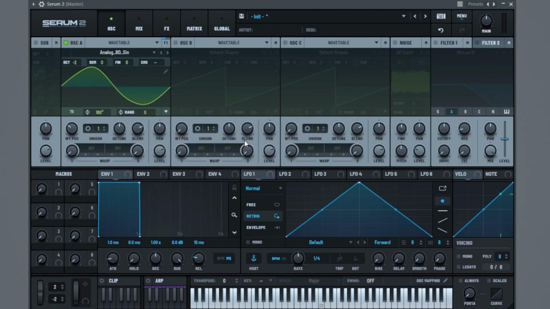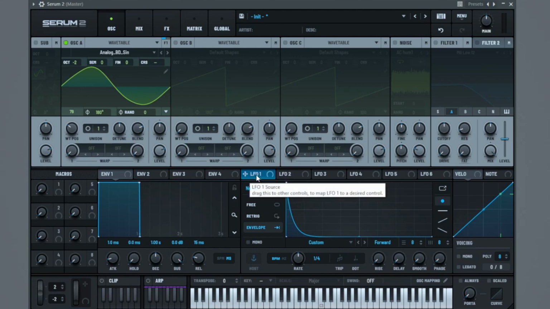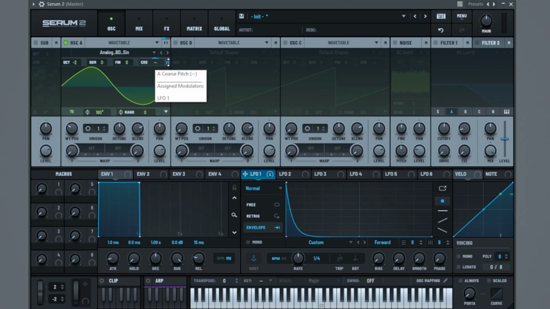And then what we're going to do is come to this LFO1, and we're going to drag this all the way here, and then drag this down here, and turn it to envelope mode. And this is going to cause the more transient part of the 808 hit at the start of the sound. So transient just means the very initial hit of the sound. And to do this, we're going to drag the LFO on to here, which is the coarse pitch, and then we're going to hold Shift Alt and click to get it to go one way, and then we're going to set this to 21%,